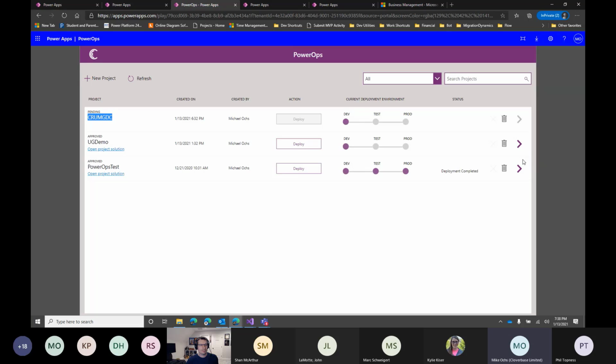The ALM components are geared not necessarily towards DevOps, but specifically towards ALM. So getting your solutions into source control, getting them pushed to different environments. And Power Ops, which was soft released in December but is public, is this application.